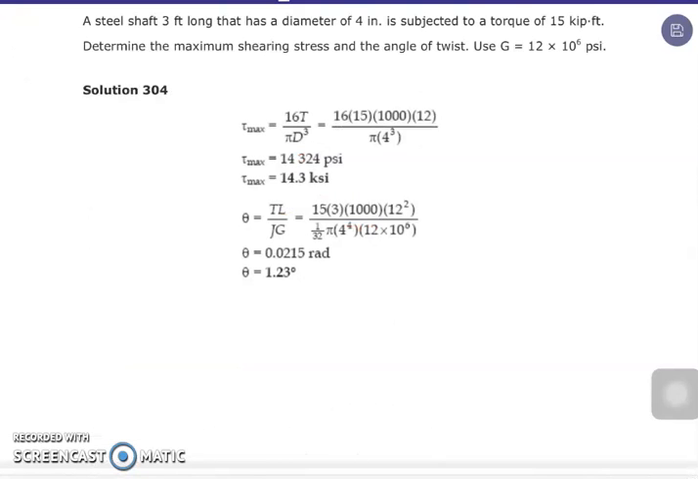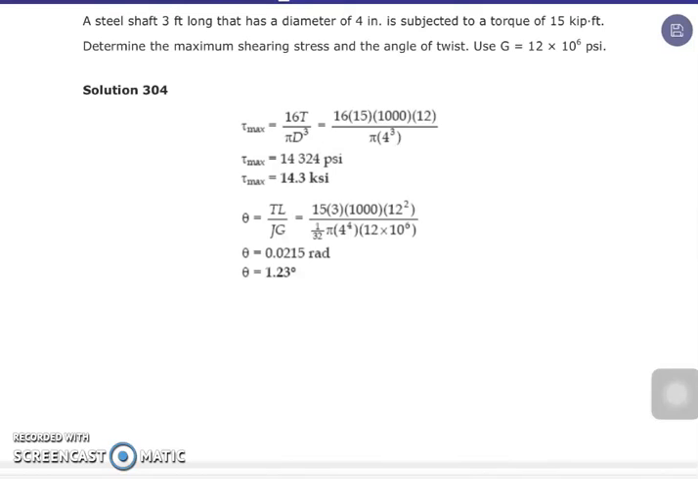Okay, problem 1. A steel shaft 3 feet long and with a diameter of 4 inches is subjected to a torque of 15 kip-feet. We're going to determine the maximum shearing stress and the angle of twist. G is 12 times 10 to the 6th psi. So to make use of the equation for the maximum shearing stress, which is 16T all over pi d cubed,